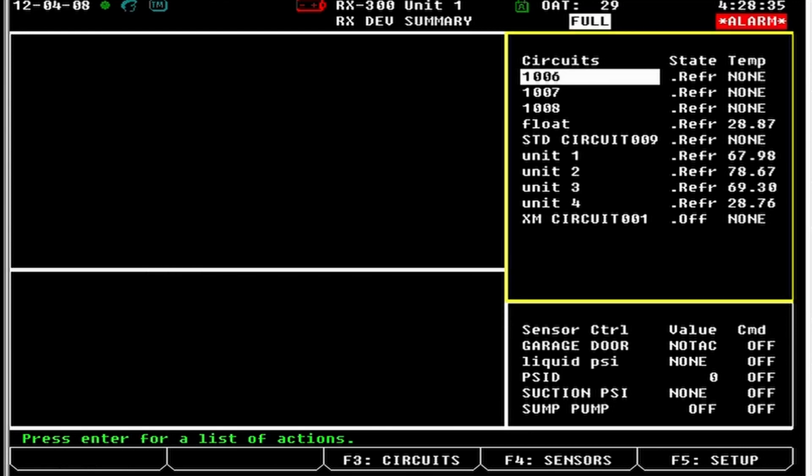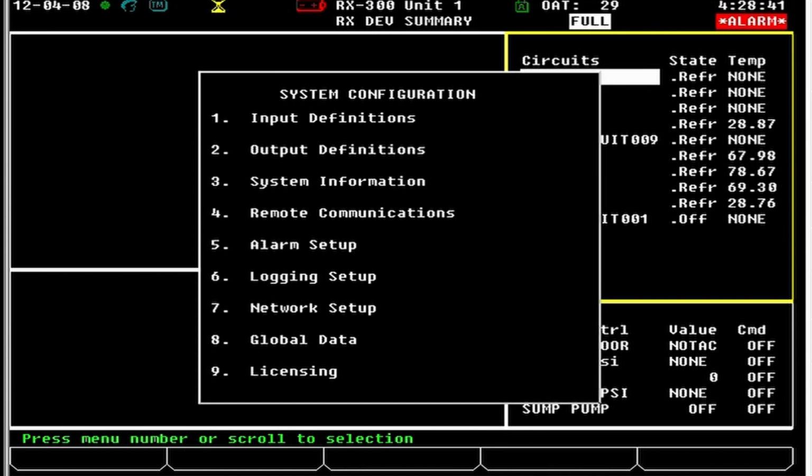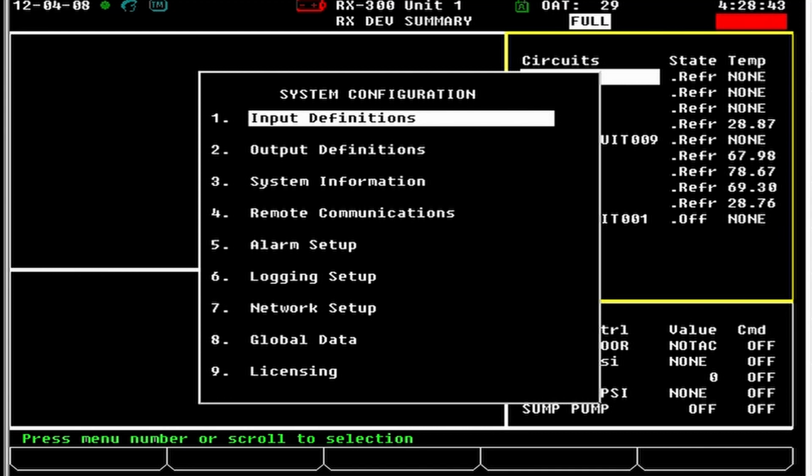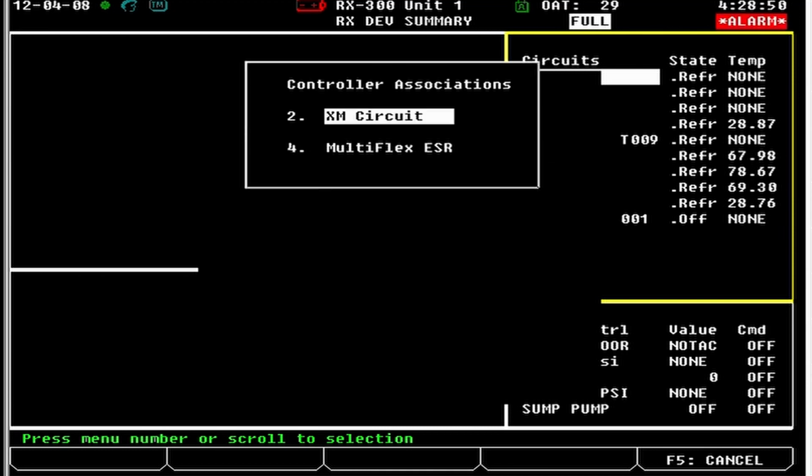On the E2 itself, you're going to want to go to menu, then 7, which is system configuration, then 7, which is network setup, and then down to 4, which is controller associations. Now it depends on what you have enabled here. If you have XM circuits, ESR boards,